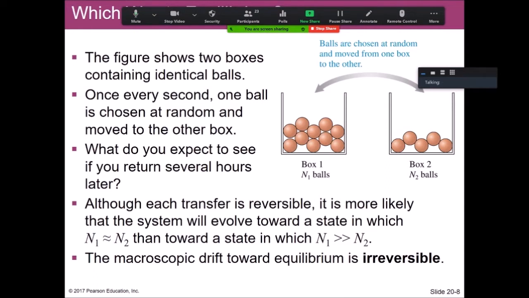And so this drift that we talk about is also an irreversible process as well. You will eventually tend towards a state where there's an equal amount of balls in either one. And that's just due to random statistics here. Now, for gases, it becomes more complicated because there's interactions and other things that take place. And everything is ultimately obeying the second law.